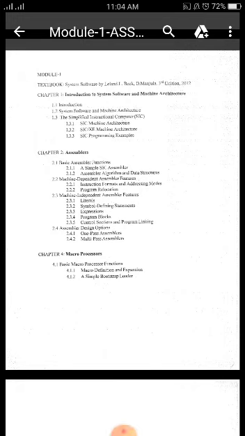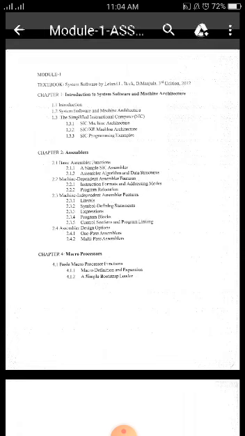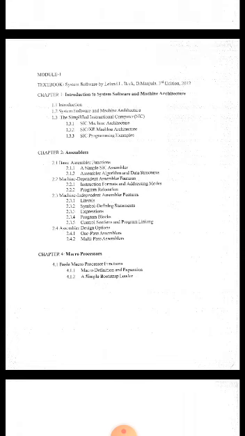So where you will be learning the first and second module which belong to system software, and the third, fourth and fifth which you have already learned, that is with respect to compiler design. In module 1 you have chapter 1, chapter 2 and chapter 4. Chapter 1 talks about what exactly a system software is and why it is dependent on the machine architecture, and chapter 2 talks about assemblers.